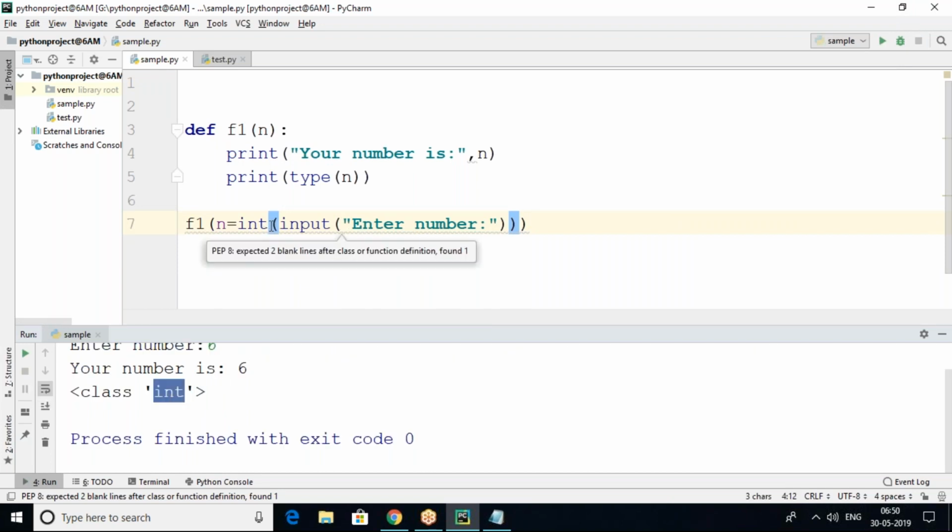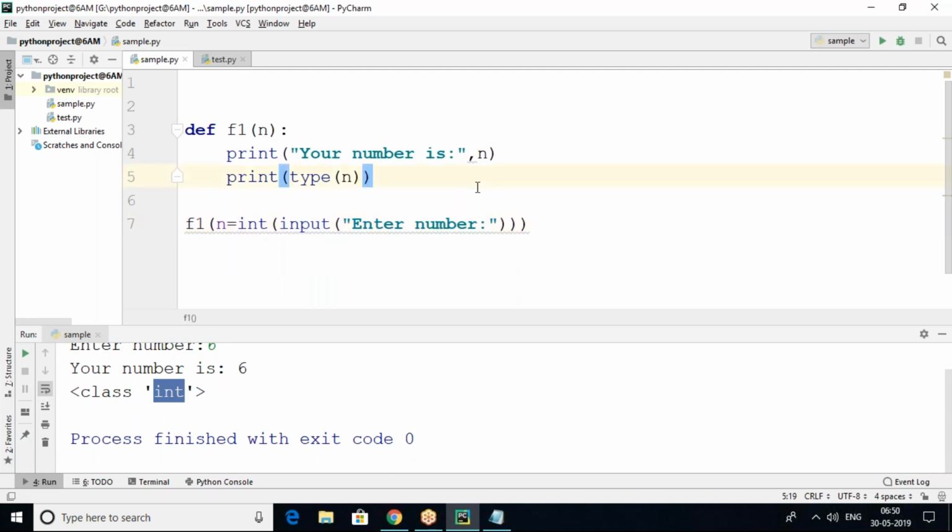It's successfully converted. When is it required to convert? Because I have to enter two numbers. You are entering two numbers, but you cannot add them since they are string values. String concatenation will happen, but arithmetic addition will not happen. That's why you have to convert these values at runtime.